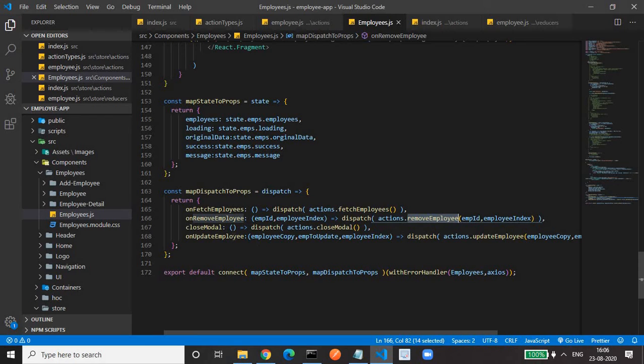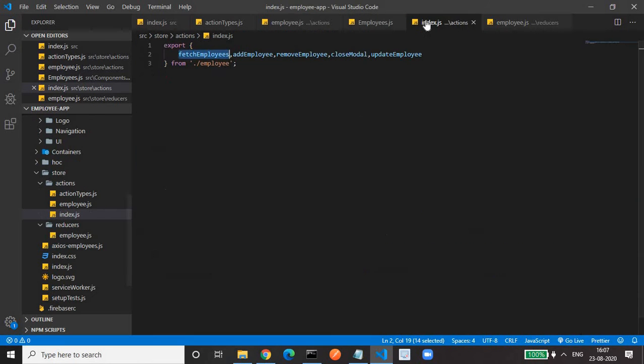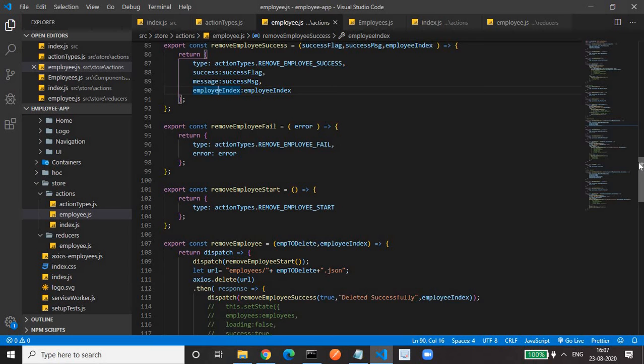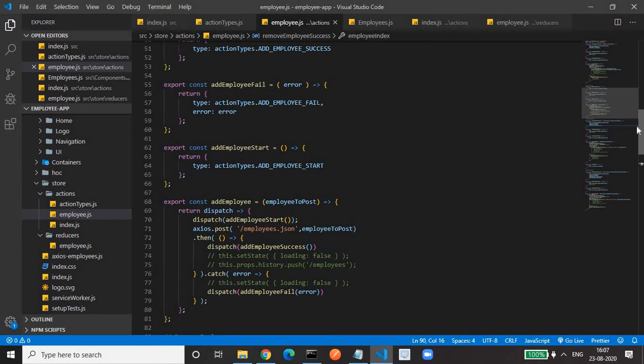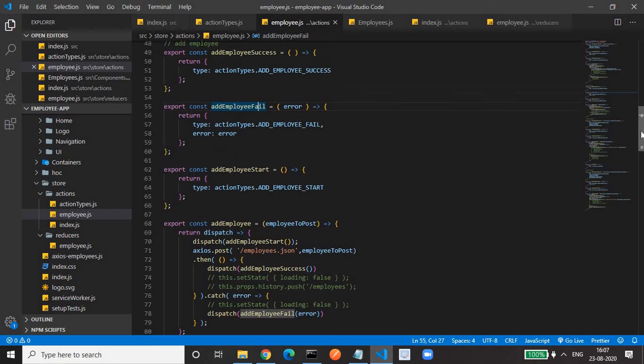Likewise we have the update employee action also, where we are dispatching the update employee, in which we need the employee copy, means the employee that we need to update, then the employee ID, then the employee index. If you go to our action place, you will find add employee start, add employee fail, add employee success.